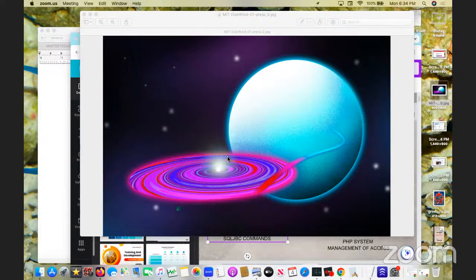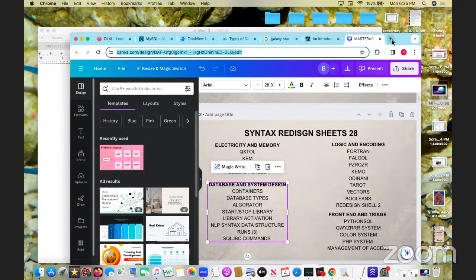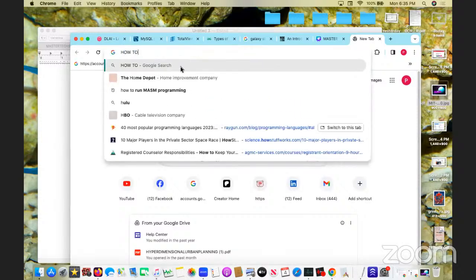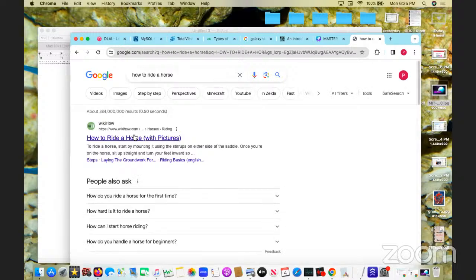So when you're seeing things like ChatGPT and whatnot, just know that one of the things they're doing is using LLM, large language models, and they're using NLP, natural language processing. So, when you go on Google and type in how to ride a horse, right? There's how to ride a horse, and then there's different things that can